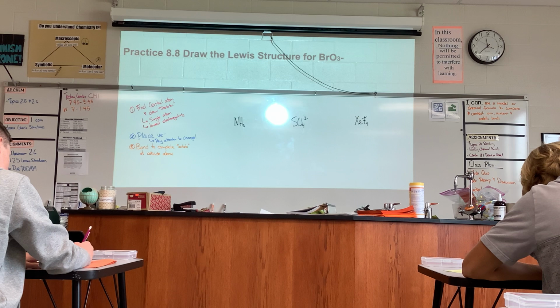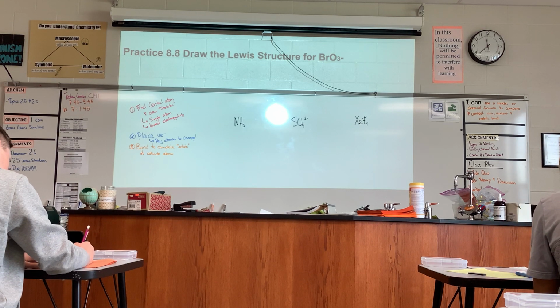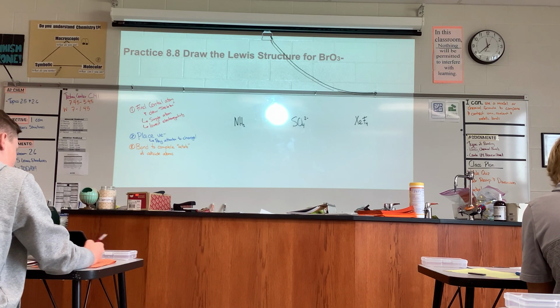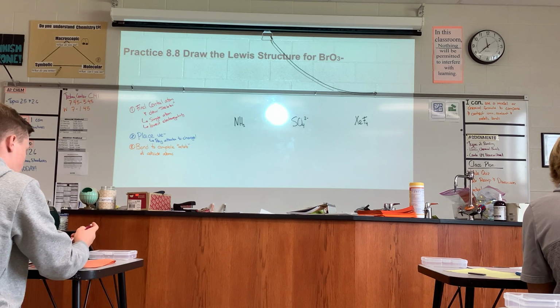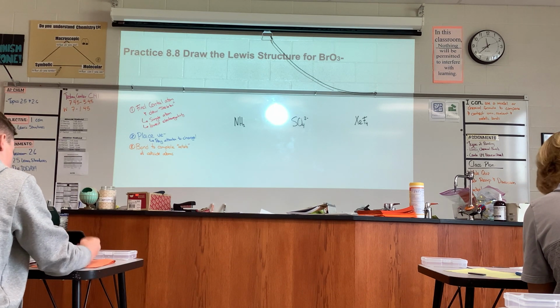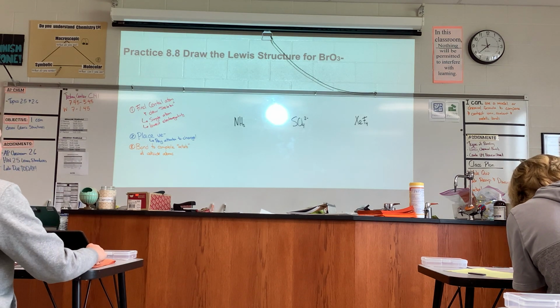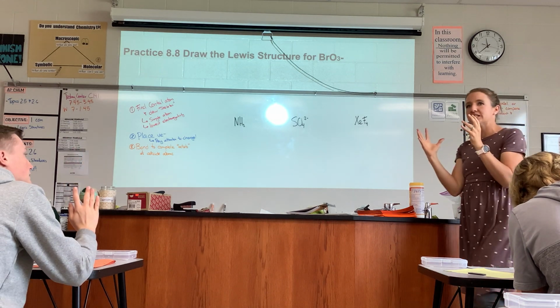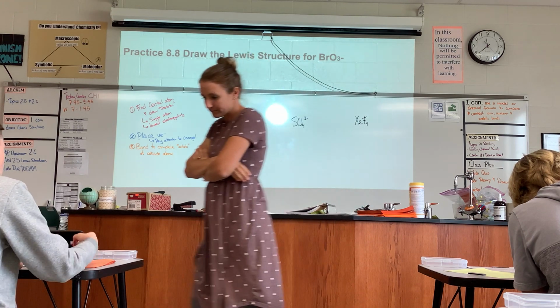All around the C. Wait, what? Because the middle one can go past 8, but if it doesn't need to, it won't. Wait a second. How with a xenon bond? That's what I'm saying. It also goes with the idea of electronegativity, right? The outside ones have higher electronegativity, so they're more likely to grab extra electrons that are out there. So when xenon's still bonded,